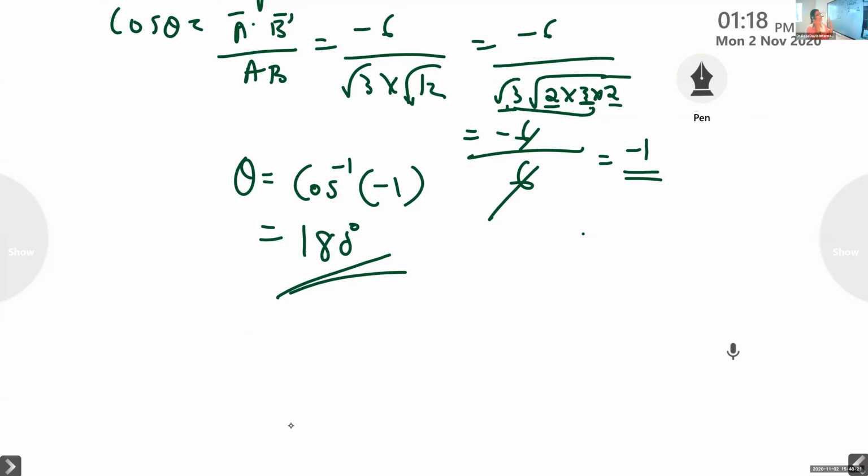The angle from the dot product of the vectors, we can find out this way. First, resolve the components into vectors, the unit vectors. By finding A dot B, you will get AB cos theta. From there, you find out the theta. So to get that AB cos theta, only the first part is what we have done. Clear? Any doubt, children, regarding this?